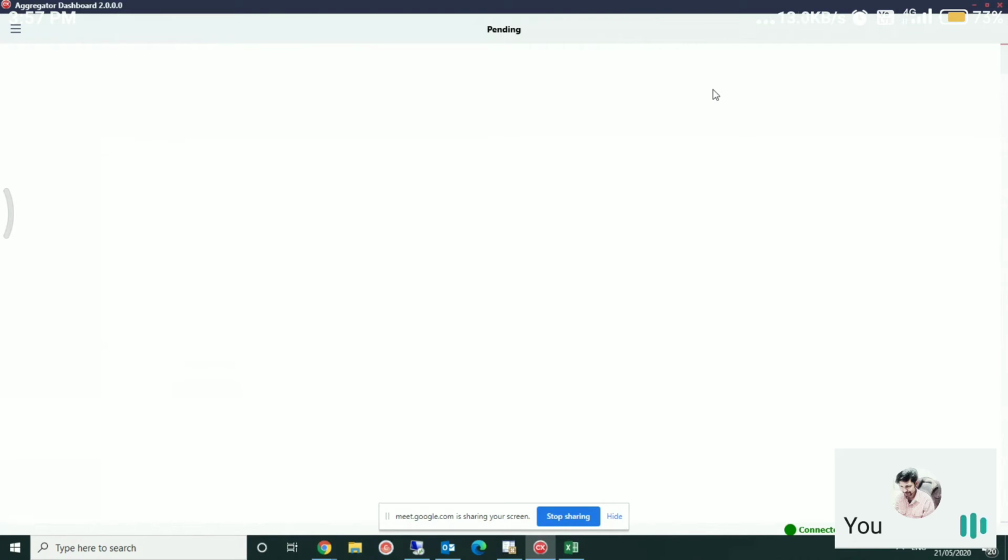This particular application which we have opened, does it make any buzzer sound? Right now we are using a portal, and it makes a buzzer sound that you have received an order, please check it. As well as, they have given us an app also where the manager keeps the app, and they also receive a notification saying an order has landed for your outlet. Please do the needful.